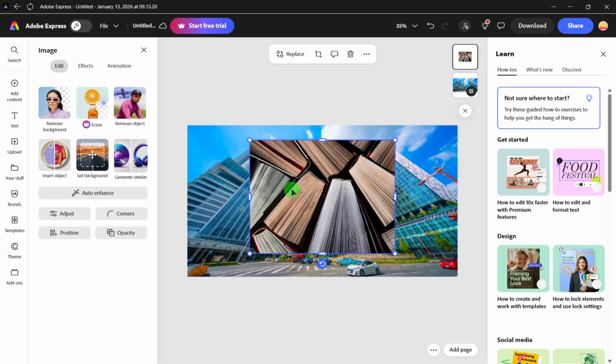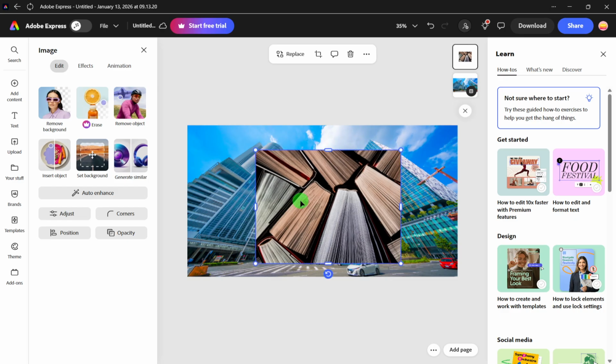And that's it. You've opened a project, added media, chosen your image, and customized the background with control and confidence. Keep experimenting with different images and styles, and you'll quickly find a look that suits your